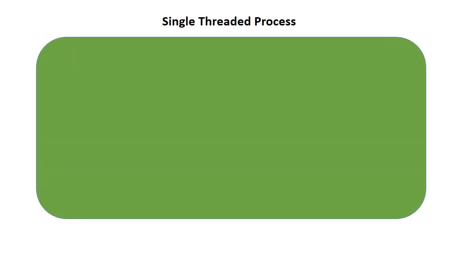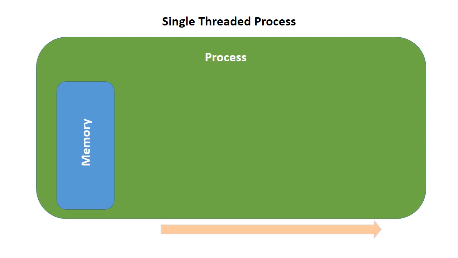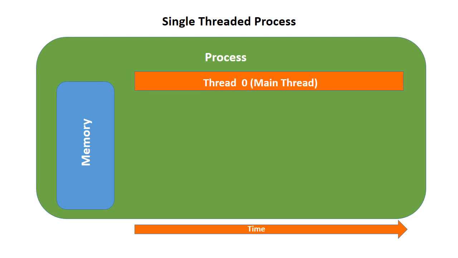Look at this diagram. This explains single-threaded process. A process is created. That process has resources allocated such as memory. The process runs some period of time. At that time, thread is doing its job. In terms of Java, it runs the main thread. When we pick a moment in time, the thread is interacting with the resources allocated to the process.